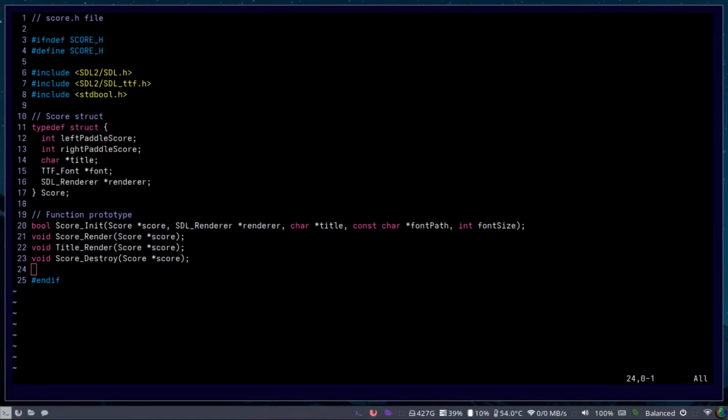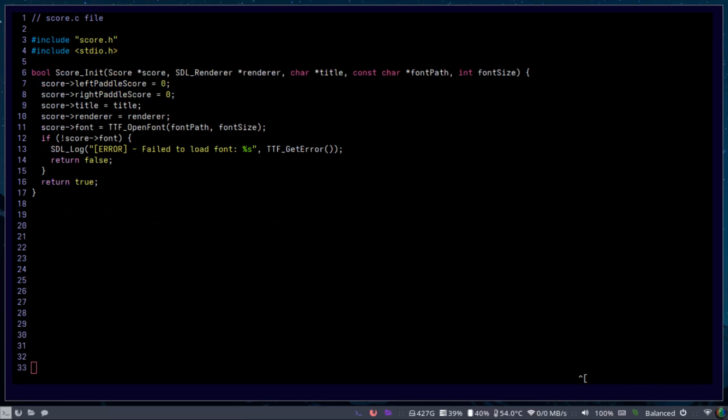Now for the score.h file, the score header file, here we have our include guard and include directives, and then we have our score struct and the function prototypes. For the function prototypes, we have the score_init function, the score_render, the title_render and the score_destroy. Now here in the score.c file, we're going to include the score header file,